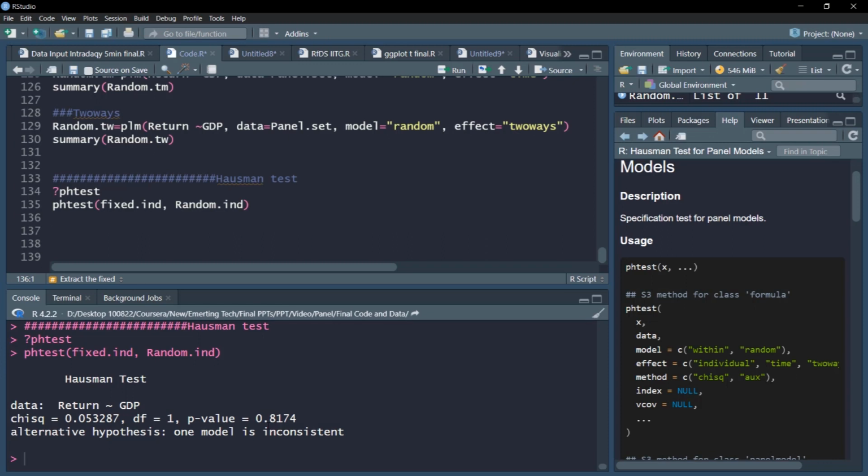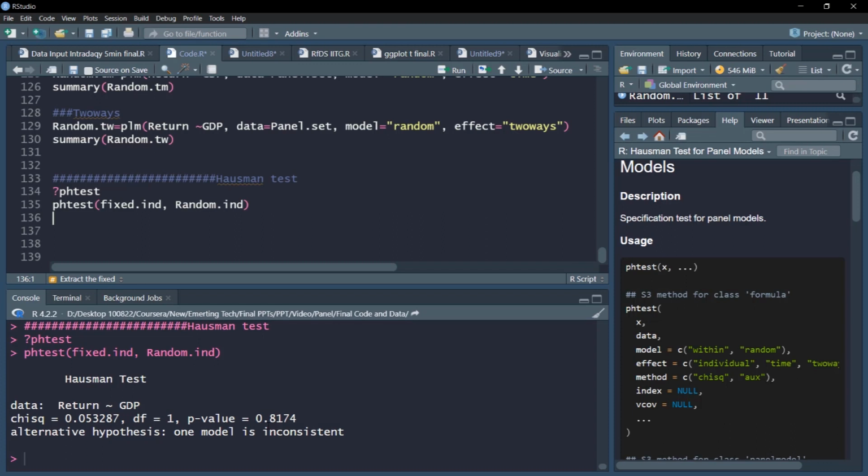Now this is slightly interesting. The model suggests that we are not able to reject the null, that both of the models are consistent. When both the models are consistent, you go ahead with the random model, and in this case it seems random with individual effects is a good model, so we go ahead with the random model. But if you recall, the random model had a parameter of theta equal to 0.76, which was indeed very close to fixed effect. So whether we are using random individual or fixed individual, we are getting similar results,